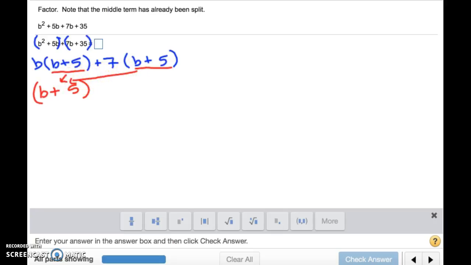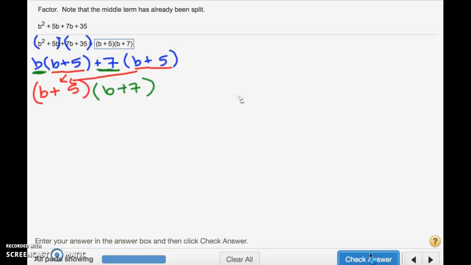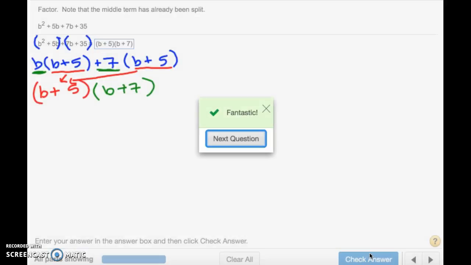What goes in my other set of parentheses is this b that I factored out at the beginning, and this plus 7, so I get b plus 7 when I put those together, and then I can enter this into my box, and then when I check it,